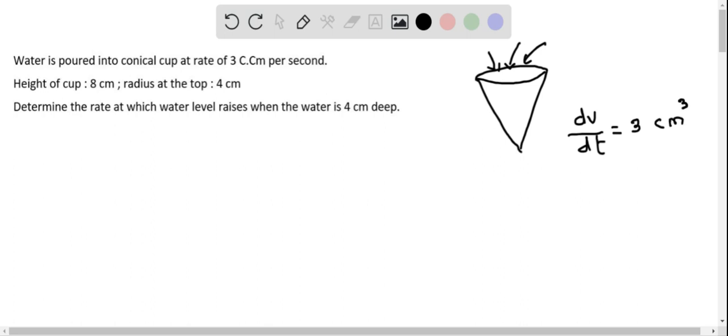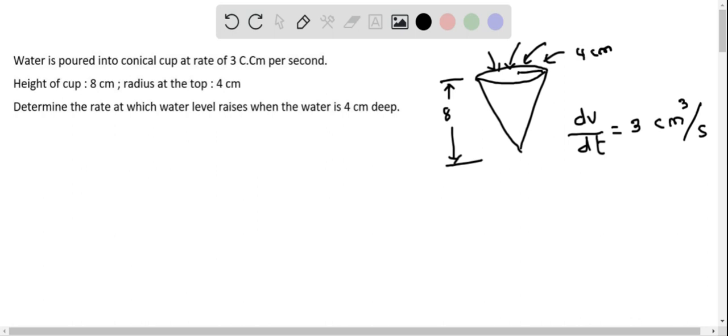We can write this as centimeter cube over second. For every second, it changes at the rate of 3 centimeter cube. So this is the information, and we know that the height of the cup is 8 centimeter. So this is the height of the cup. We can mark it like this, 8 centimeter, and the radius at the top is 4 centimeter,